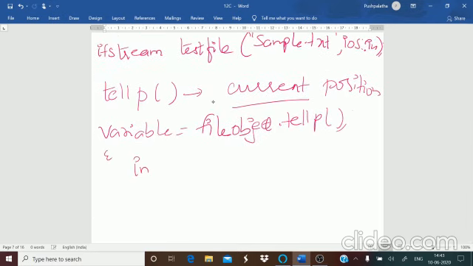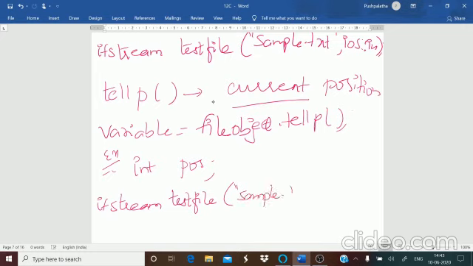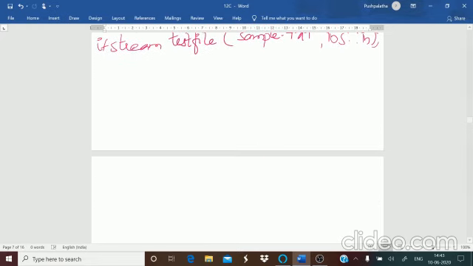Example: integer position; if stream test file sample.text ios in.